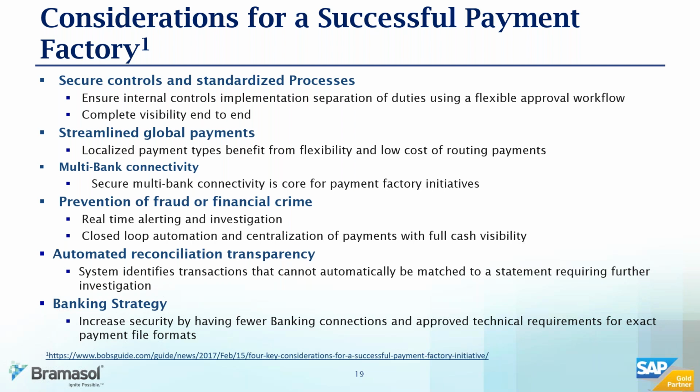Also, very important for prevention of fraud is having real-time alerting and investigation. So if a payment doesn't reconcile as you expected, coming in or going out the door, you have the ability to look at that alert so you can spend that time working through to find out why it didn't match up and what was going on. With that closed-loop automation, the end-to-end visibility and the end-to-end approval process, you've worked on that whole process end to end of preventing any kind of possible issues that may come up with fraud or financial crime.